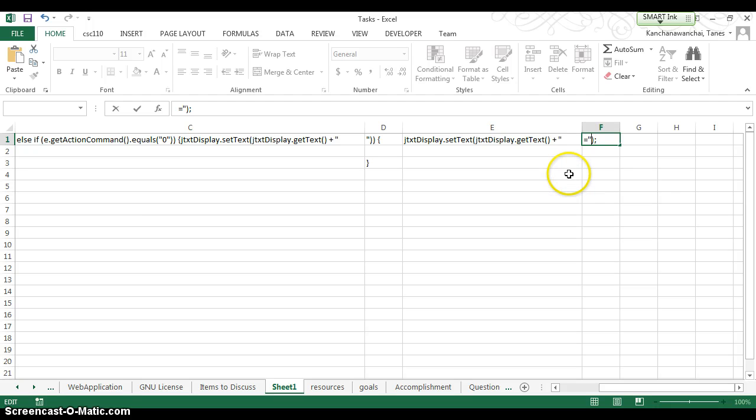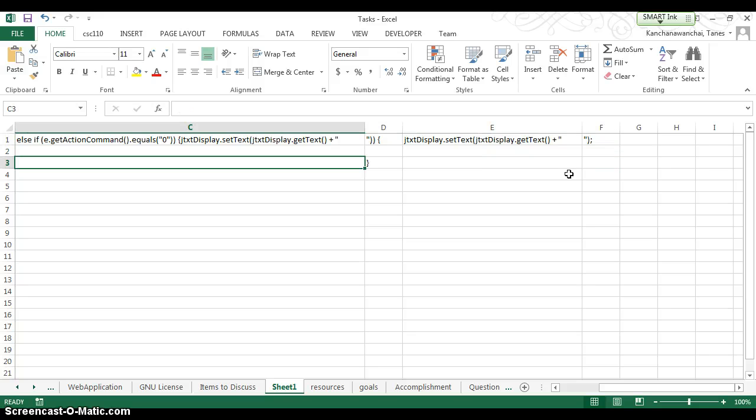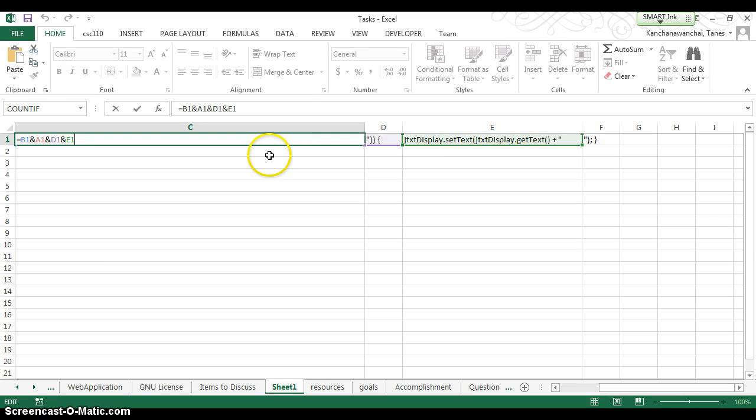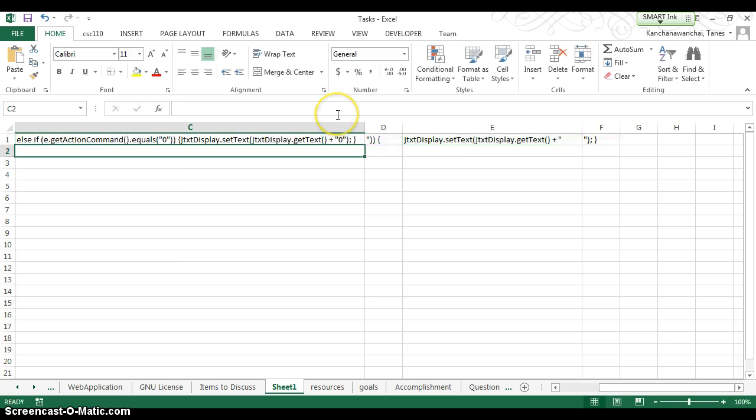Oh, I see. Got the equals here. So E1, this is going to ampersand back to A1 again, and then ampersand back to F1. So I should be